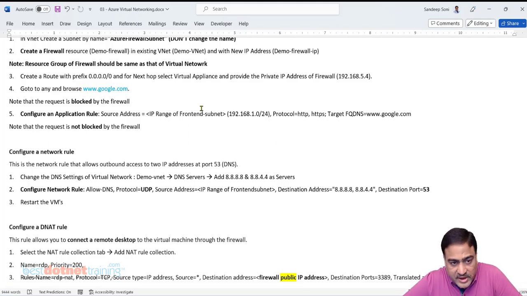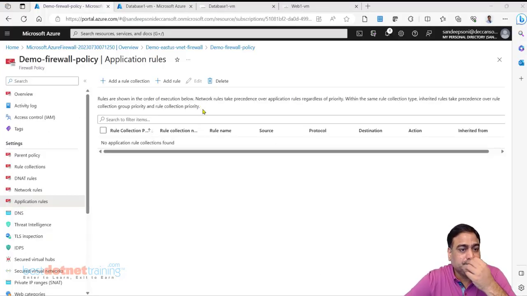So what I'm going to do is slightly different than what you see here. See, first thing right now, firewall is not coming into the picture because I have not used firewall in any of the route table or the route rules. I have not used it. So what to do? Go to the route table.